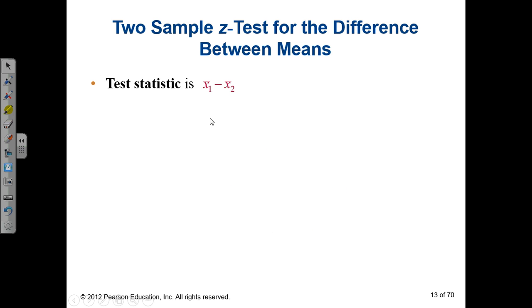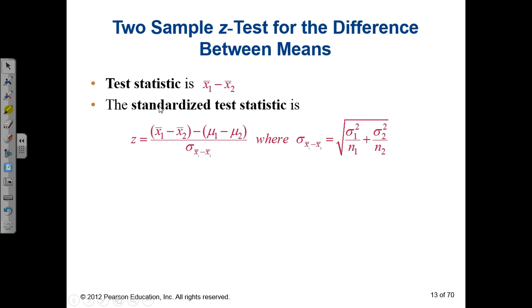My test statistic is x bar 1 minus x bar 2, and to standardize that, I get z is equal to x bar 1, the sample mean of sample 1, minus the sample mean of sample 2, minus 0. This is always, if you don't think they're different, then their difference is 0, so this is always 0. So really, my numerator only includes this piece of it, divided by the standard error, which remember is the variance